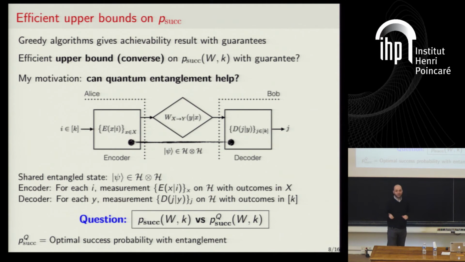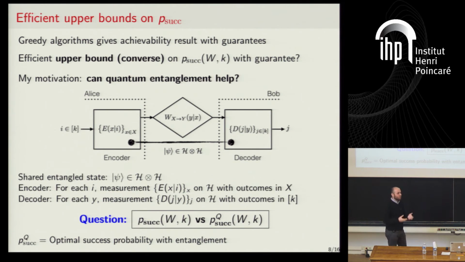What if Alice and Bob share entanglement? Then the question is more tricky. Entanglement cannot be written as an average in this way, and it's more complicated. So let me say how mathematically we model them having shared entanglement. We have some Hilbert spaces, one on Alice's side and one on Bob's side, and both are called H. We assume that they share a state. It's an arbitrary state between Alice and Bob, and we don't bound its dimension. H is of arbitrary dimension. We can assume finite.